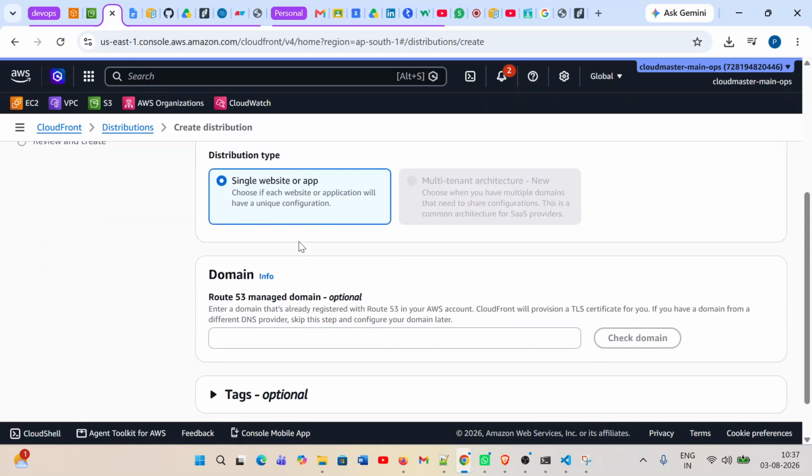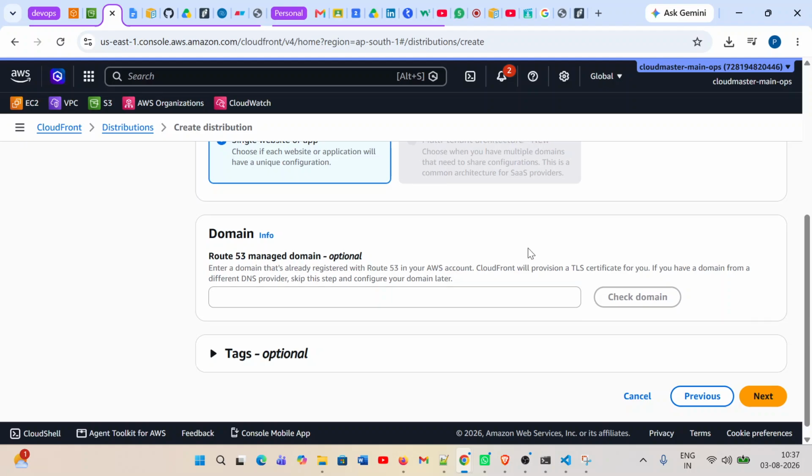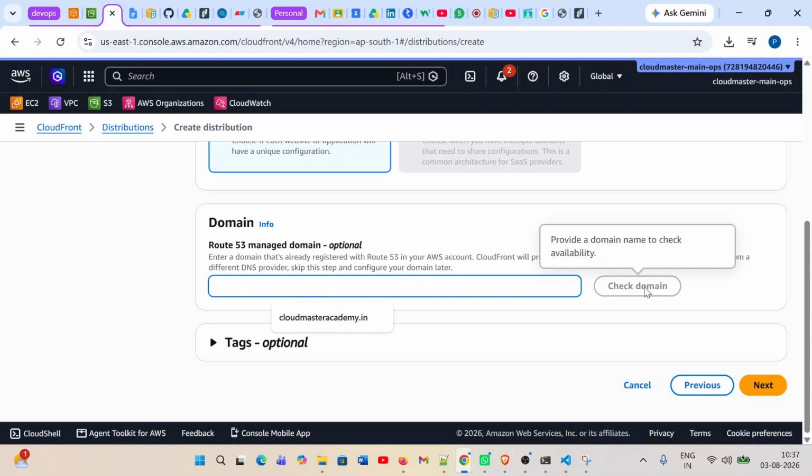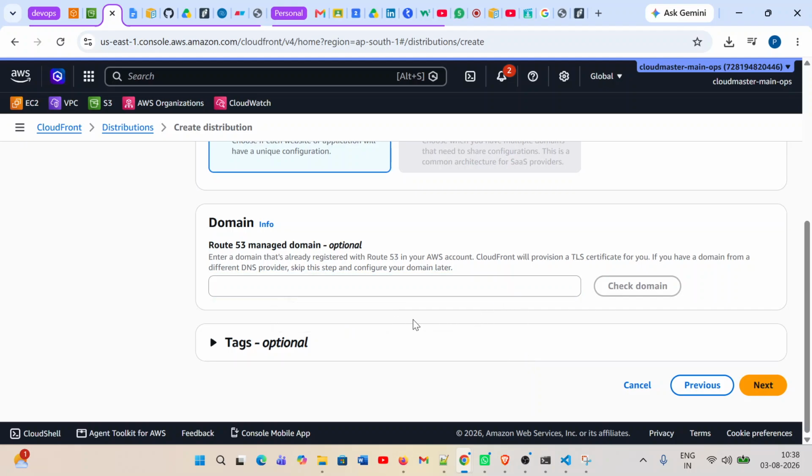Okay, single website app, right? This is our single thing. Domain: do you have any domain? No, we don't have any specific URL right now. That's why it is asking if you have any domain, you can check it here. Right now we have not purchased anything, so I'm not going to add anything here. Now next,